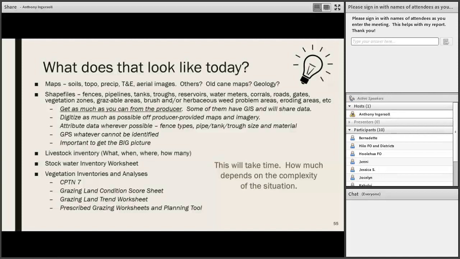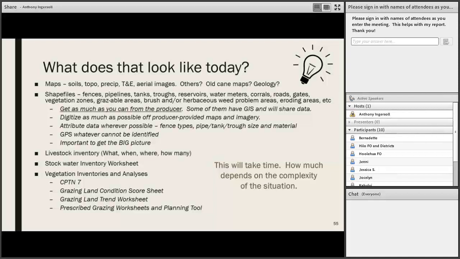So in addition to what we have out on the ground and what we have in the form of our natural resources, we've also got to get an idea, again, on what that livestock inventory is made up of. What are they grazing? How many of them? When and where? Do they have them in different herds? What paddocks do those different herds use? We've got to get an idea of what they're doing so that we can look at their benchmark situation and determine some of the causes of some of the problems that we might see out on the landscape. Okay? Associated with that, we can start working on our stock water inventory worksheet, which Drew is going to talk about next. And then also